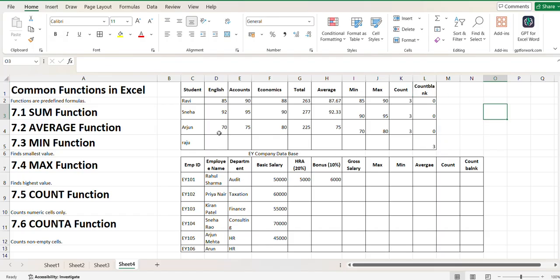Now I have an EY company database, for which we have Rahul Sharma, Priya Nair, Kiran Patel, Sneha Rao, Arjun Mehta, and Arun. The departments are audit, taxation, finance, consultancy, HR, and their basic salaries are given like this. We need to calculate HRA, bonus, and gross salary, then the maximum salary of these employees, minimum salary, then average salary, and so on. So what I will do is I will just